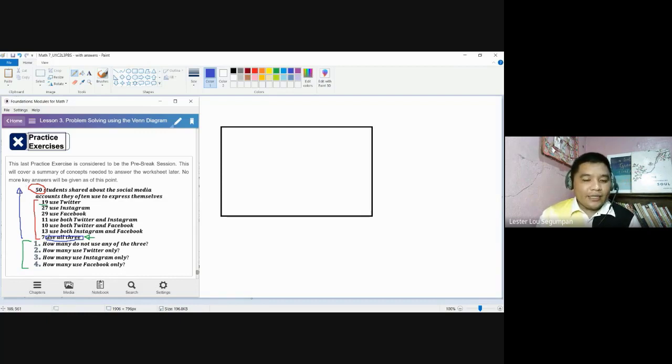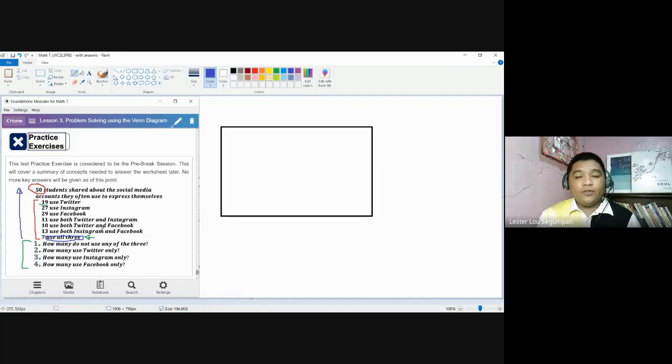Because when you start here at the bottom, you can see that all sets, the set of Twitter students, the set of students who use Instagram, and the set of students who use Facebook, are actually joint sets because some of the students are using three of